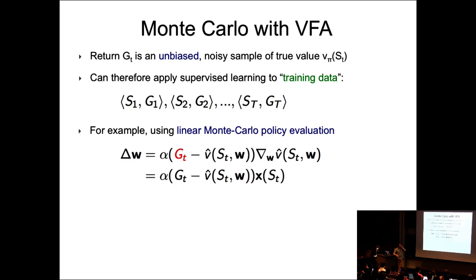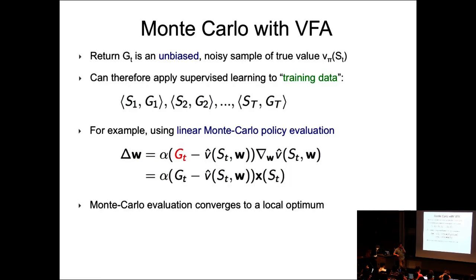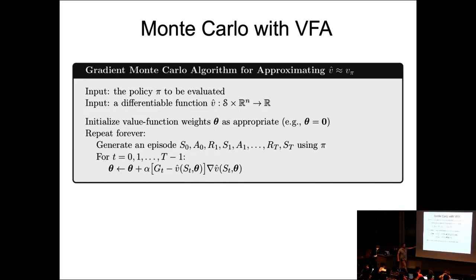So in this case, for example, using linear Monte Carlo policy evaluation, you basically do the update using this update rule. Or in principle, if the capital T here is fixed and you're looking at the linear system, then you can just solve it as a least squares estimation problem. It's a supervised learning problem. Even though your signal is noisy, your targets are noisy, the optimal solution exists for the linear case. And the Monte Carlo converges to some local optimum.